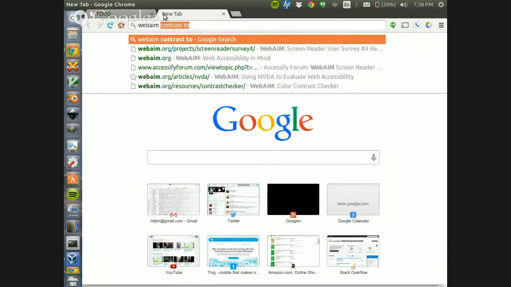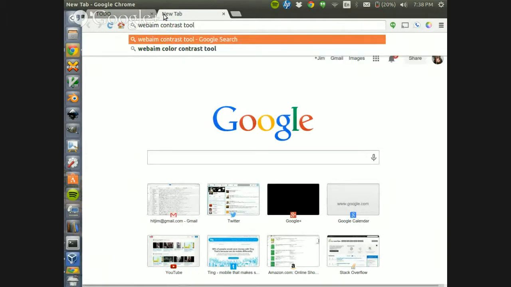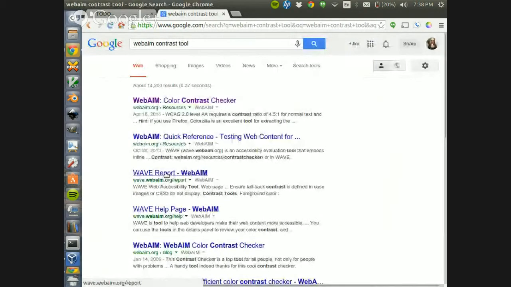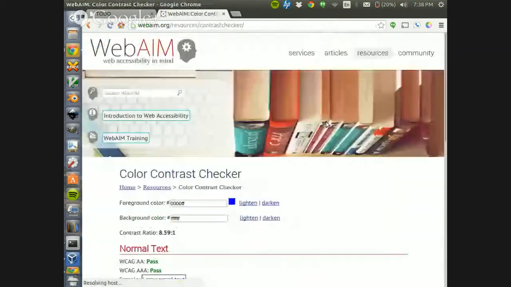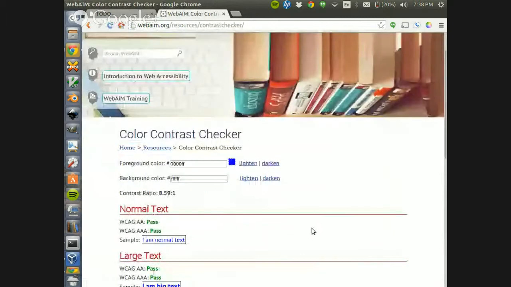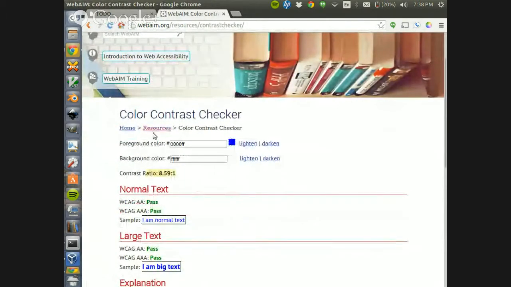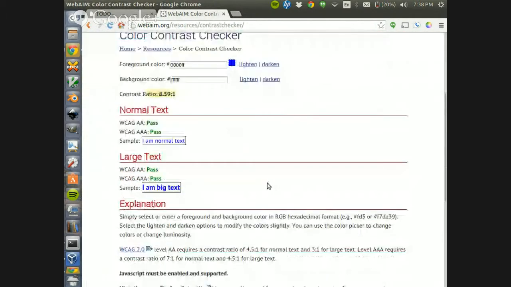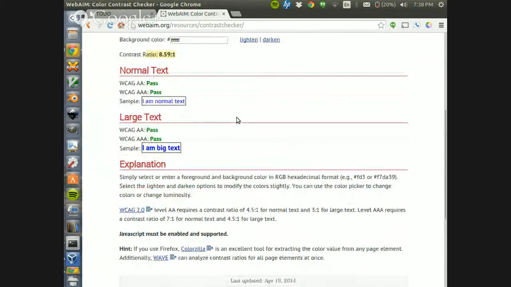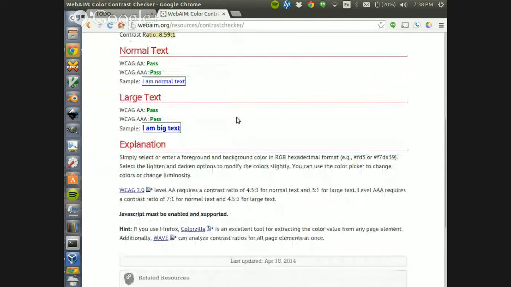But WebAIM, which provided a lot of the content of my talk here, had a tool which will give you a contrast ratio between a couple hex codes. So say if you got those hex codes using the Colorblind Assist tool or something like that, it'd be a manual process here, but yeah, I don't know. I didn't find anything specific. Also have an extension for Firefox that does the same thing.